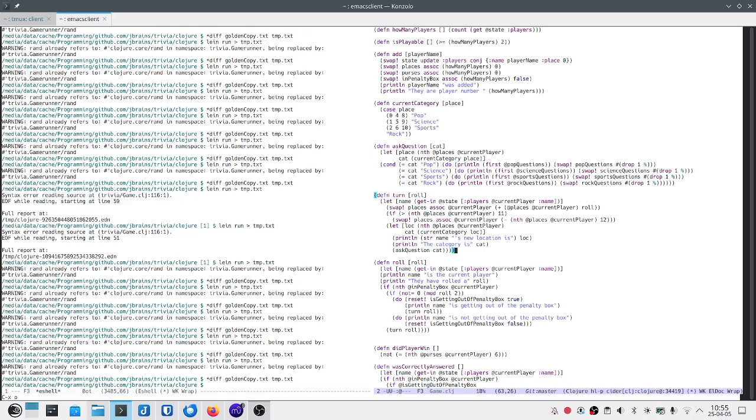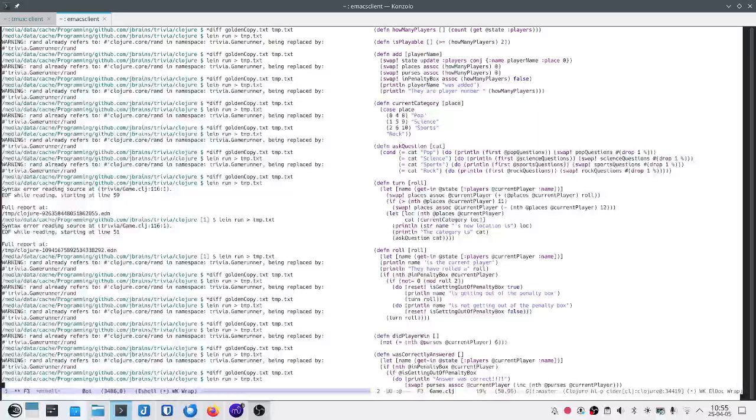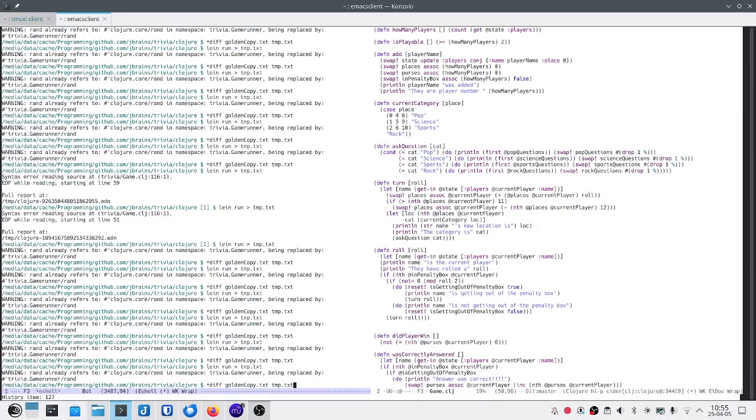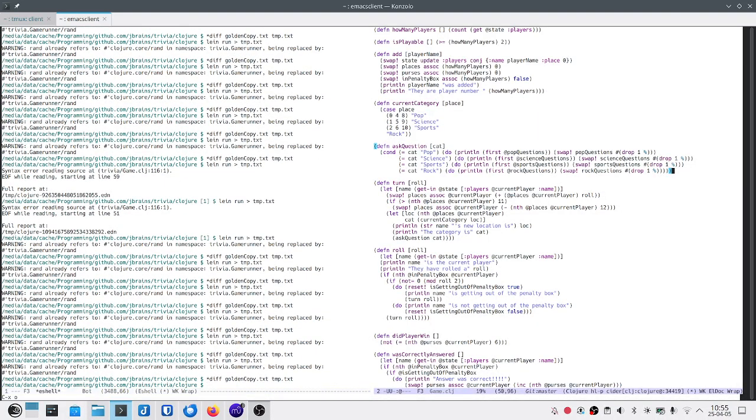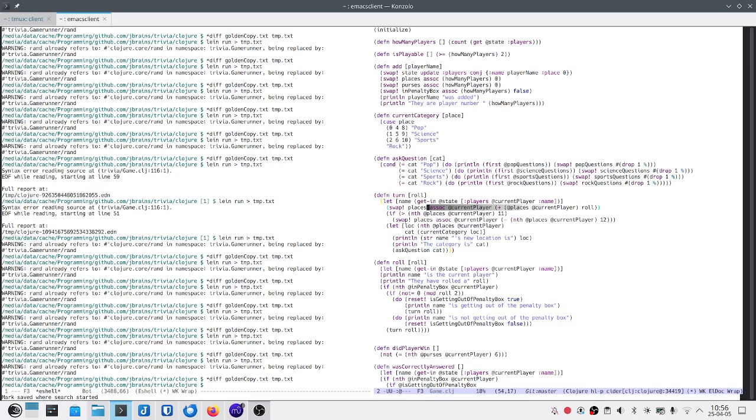It's happy. So now we can just use the category here, and we don't need to get it through this let statement. And that's going to tidy up that code a little bit. Good. What was the next thing we were looking at doing? Places. We just added places to the player. Where is places used now? Not a lot of places. It's used here in this block, and that's about it.